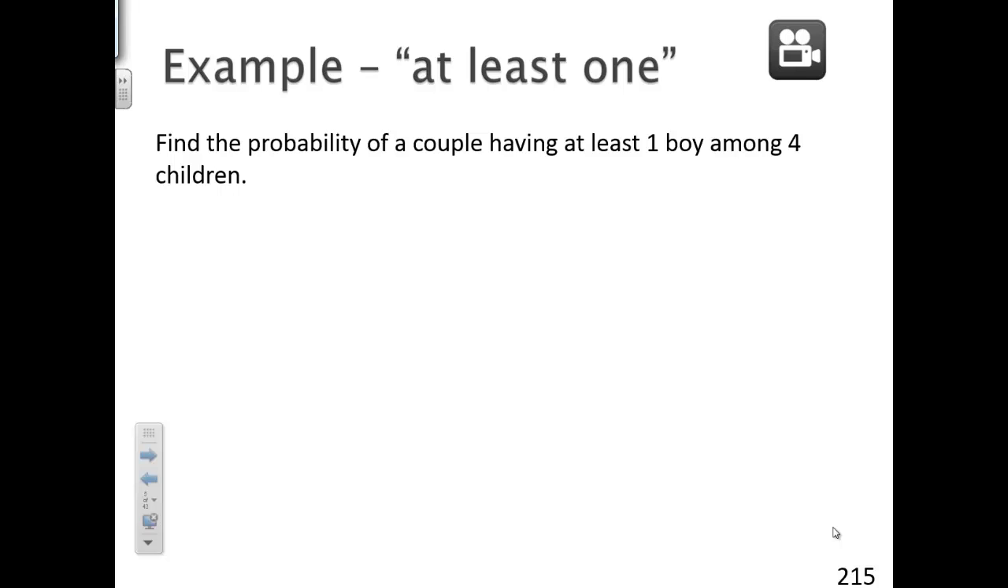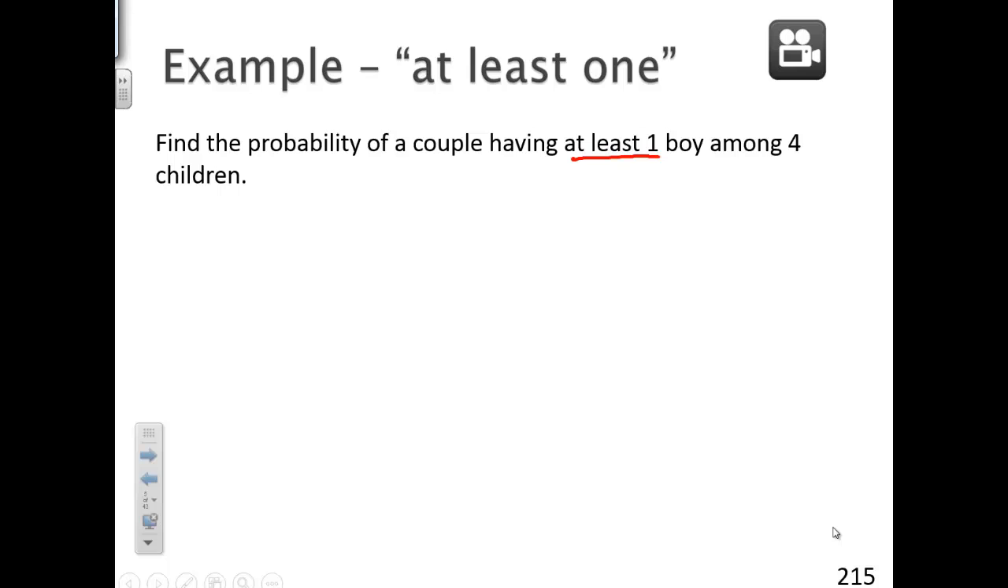Now let's take a look at "at least one" probabilities. That key phrase is going to be in all these problems, "at least one." So when you see that phrase, that will inform you that you need to use the formula for the at least one probabilities. So in our first example, it's find the probability of a couple having at least one boy among 4